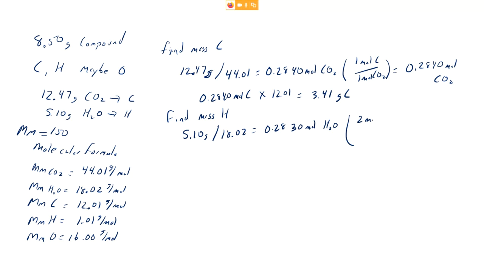But this time the ratio is the fact that there's two hydrogens for every one water. So times 2 gives me 0.5660 moles of hydrogen. And so 0.5660 moles of hydrogen times the 1.01 gives me